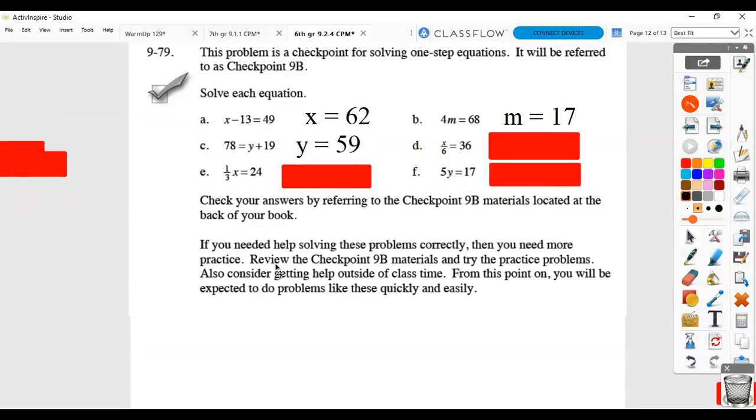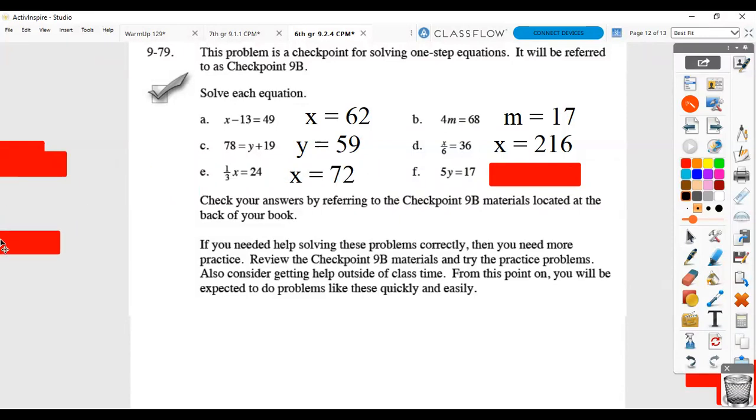Y equals 59, or 59 equals y is fine too. Here, x is being divided by 6, so you'd have to multiply both sides by 6. 36 times 6 is 216, so x equals 216. Here you have 1/3 of x, so you would divide by 1/3 or multiply by 3. Either way, x is 72. And here you have y being multiplied by 5. You would need to divide by 5, and you get 3 and 4/10. So again, make sure you are showing